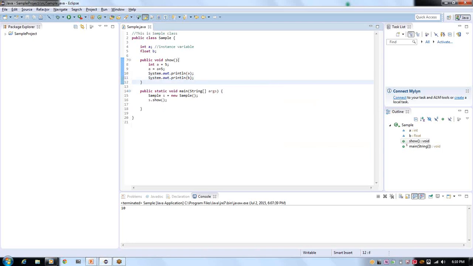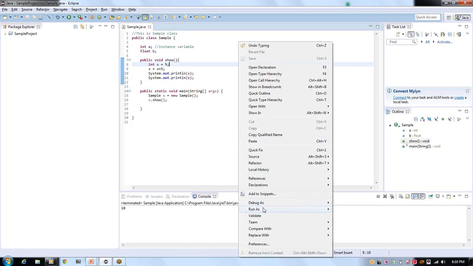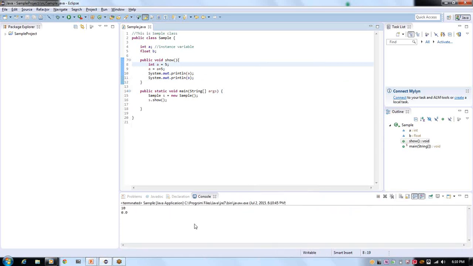So this instance variable can be accessed through all of the methods. So here b can be accessed. Run as Java application. See, then b value it got printed. So we need not assign any value here. Default values can be initialized. Here float b equals 0.0, and we can specify access specifiers, private, protected. So these access specifiers we can specify here, and these instance variables we can directly access, like